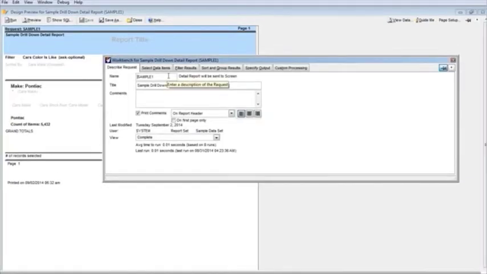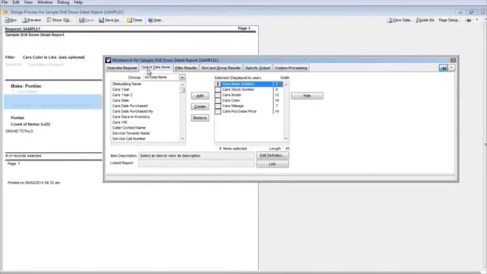So if I come back to the workbench for this sample detail report, I'm going to click over to select data items, and I'm just going to highlight car stock number. You'll notice that in the new version there's a link button down below and a field for the linked report. So if I click on link,